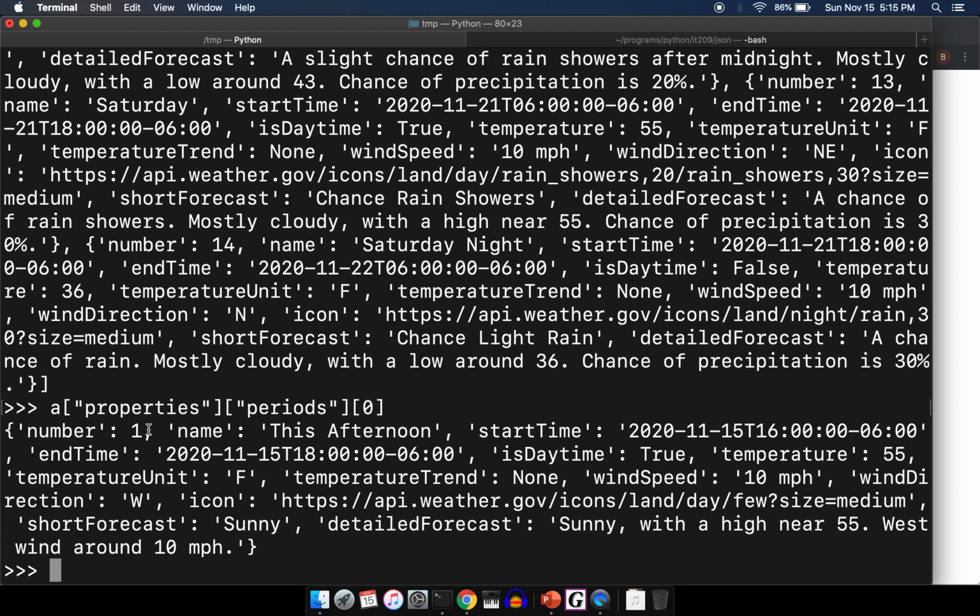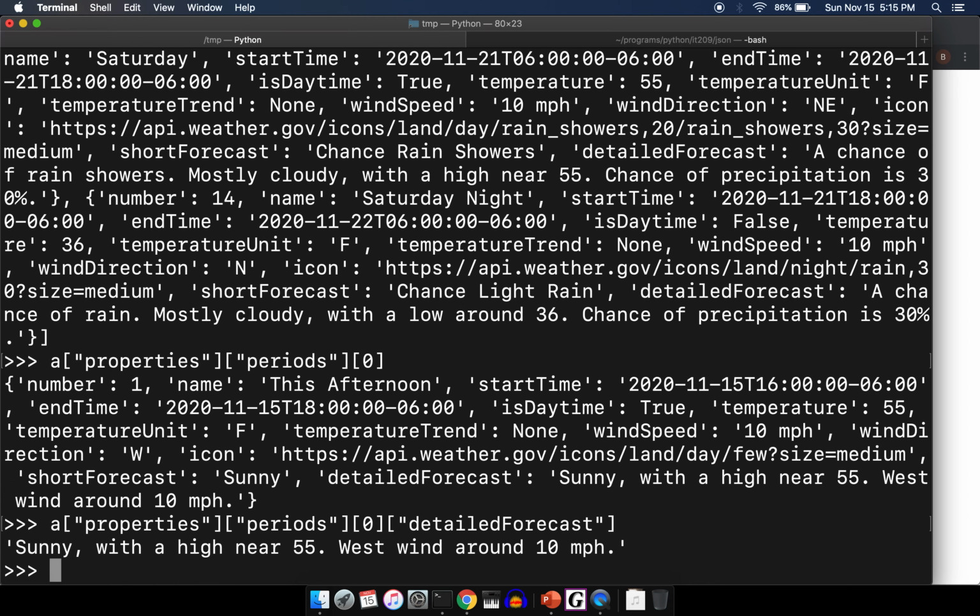We see this is this afternoon. So I could print out things like period 0 detailed forecast. And you see sunny with a high near 55, west wind around 10 miles per hour. I could easily do something like this. Let's do temp list equals a properties